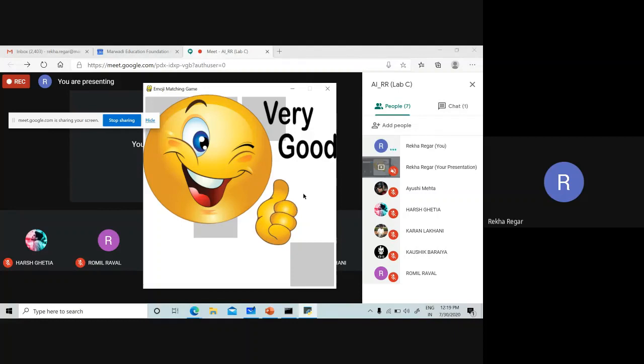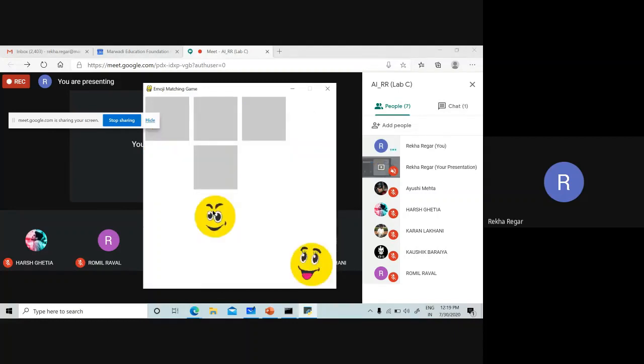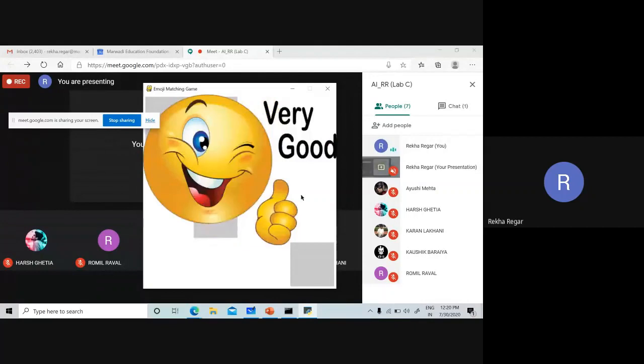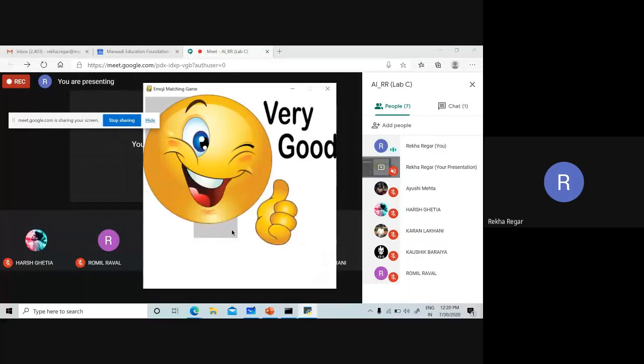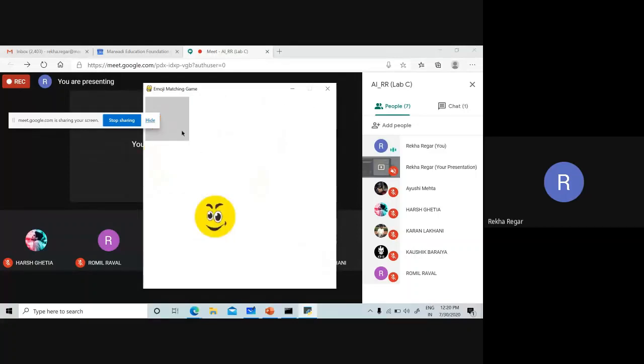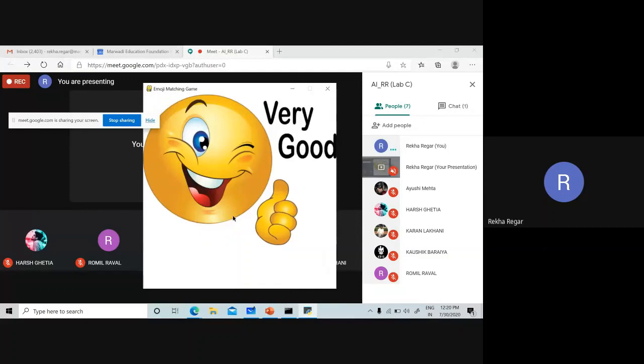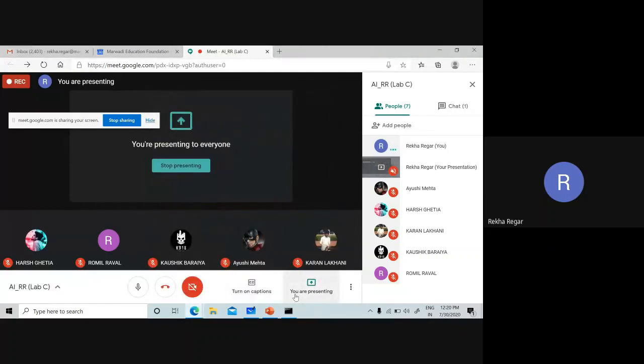You can see on this board the maximum number of opened images at a time is two only. Suppose these are the two images and now I am going to open another image. This one is going to be off. So at a time only two images are open. Others are just inside the box. Suppose I open this one and I open this. Now I click on the next one, so this one goes off. Now this is the open one and this is the open one. After that, all are completed and the console is quit. It means this is going to be closed.